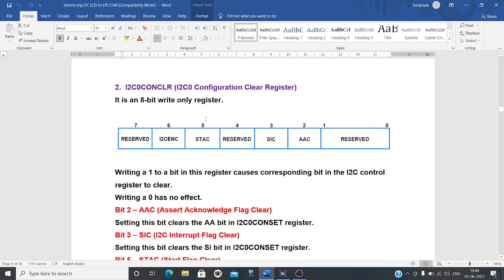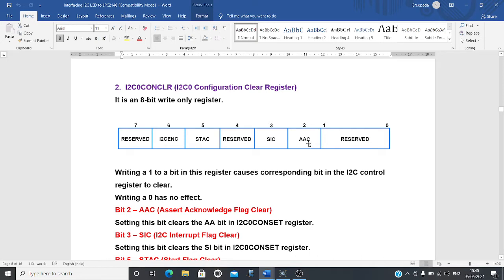The next register, the complementary register, is I2C0CONCLR, the I2C0 configuration clear register. Using the previous register you can set the bits, and using this register you can reset the bits. For example, the assert acknowledge flag clear: in order to clear the acknowledgement flag bit, you will use this one.